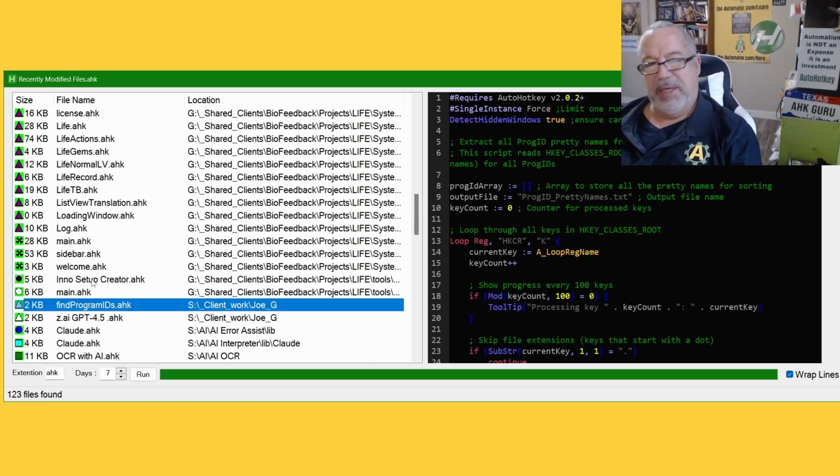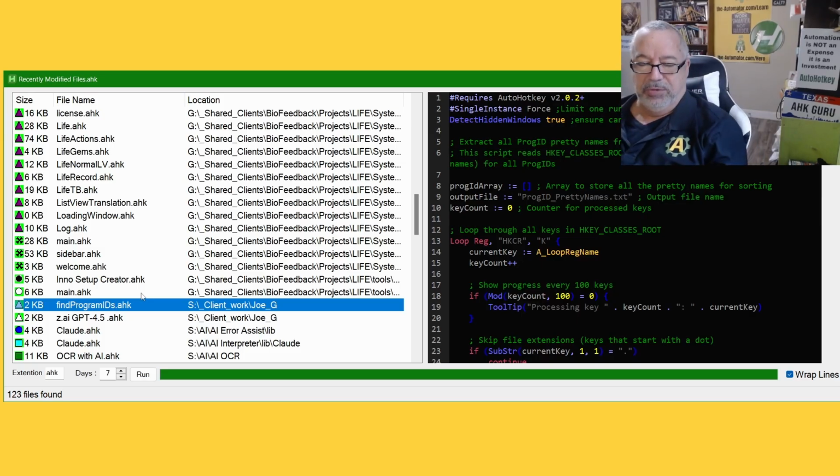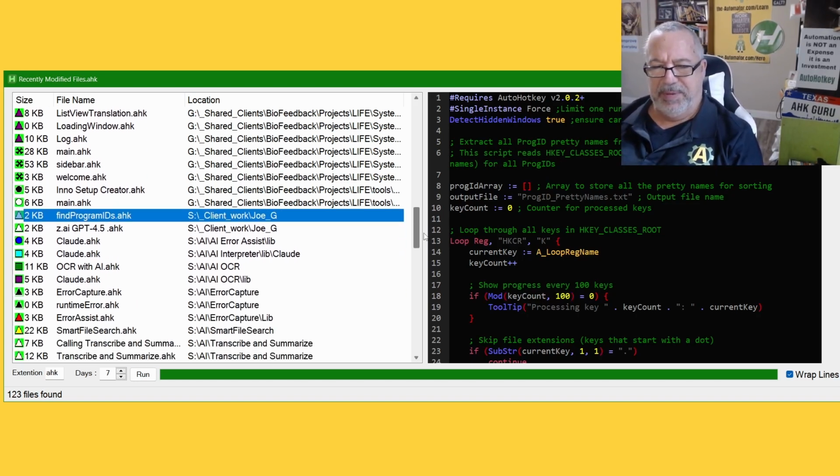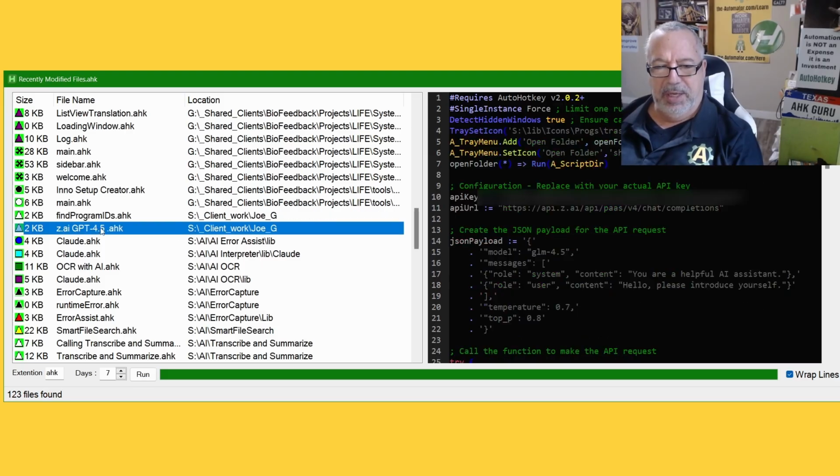I was trying, what was I doing? Oh yeah, I was trying to figure out how to capture syntax errors from AutoHotkey when you're in an IDE or editor trying to launch it. Because we have a really cool tool, which I'll show in a minute, capturing runtime errors, and it helps a lot if you're using AI. It speeds up things. But the syntax errors, we did get a solution, but it's just really complicated, and I don't love it. So maybe at some point we'll revisit it, but for now, we did launch our other tool,